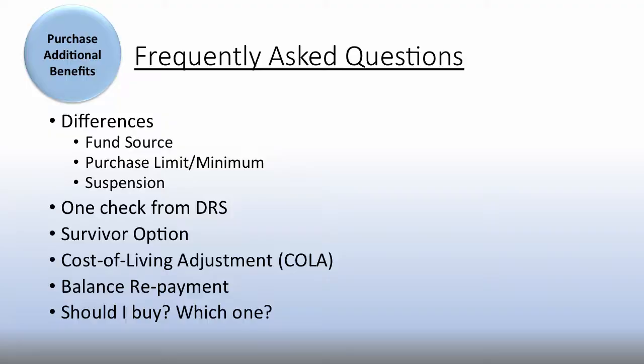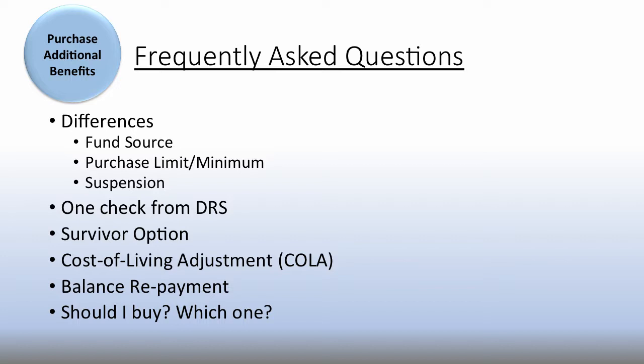And again, there was a question about what happens if I buy an annuity and then I die prematurely, so to speak. As I already said, the same survivor option that applied to your pension applies in this case, because we're sitting right on top of your pension. So the same rules, whether you take 100%, 50%, or 2/3, that annuity in that same proportion is going to continue to your survivor.